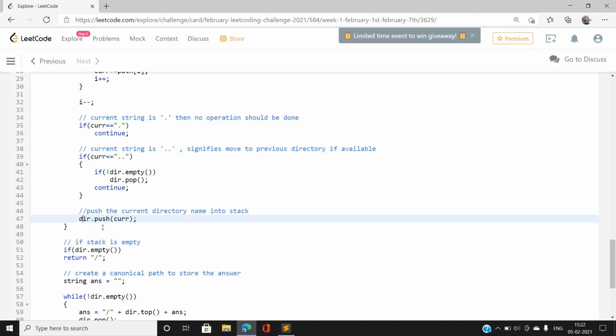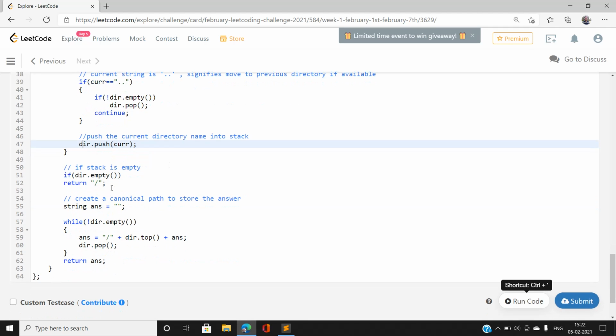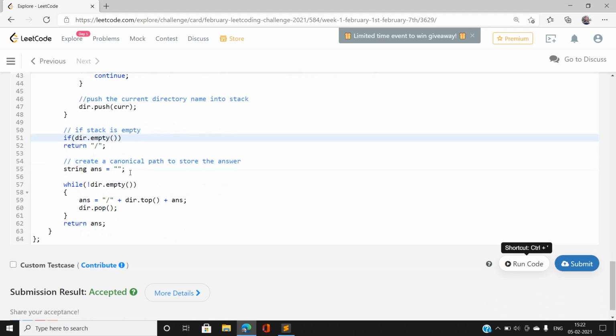So if finally our stack is empty, it denotes that our canonical path should contain only a forward slash, that is there is no directory, so only a single forward slash should be printed. Now if this doesn't happen, I'm going to build my canonical path by popping out the elements from the stack.